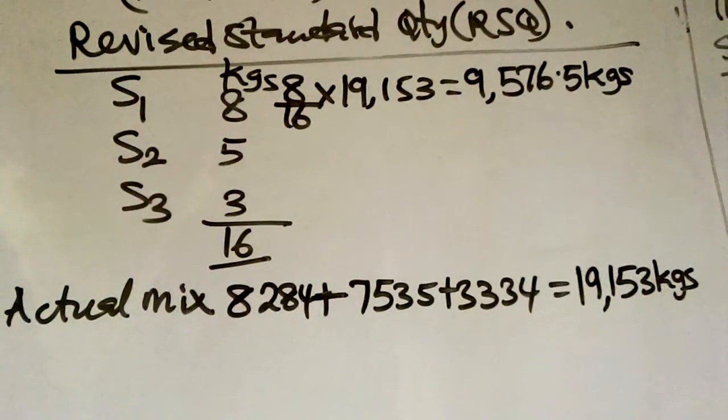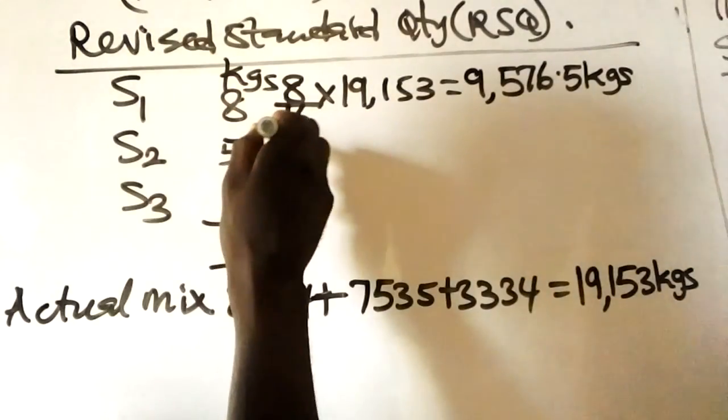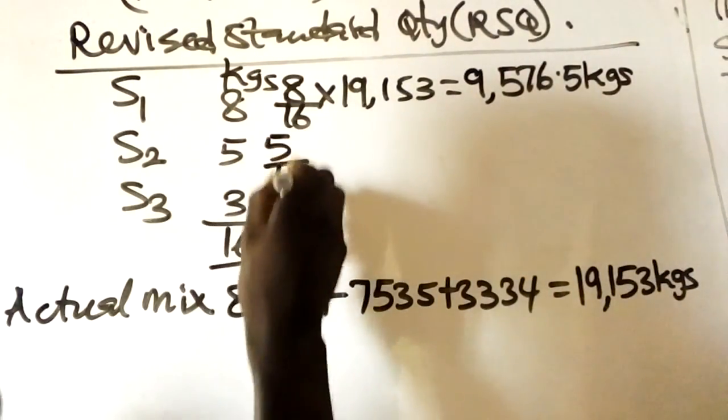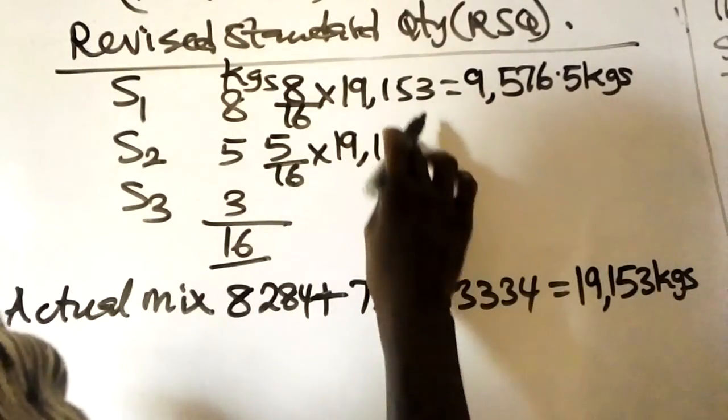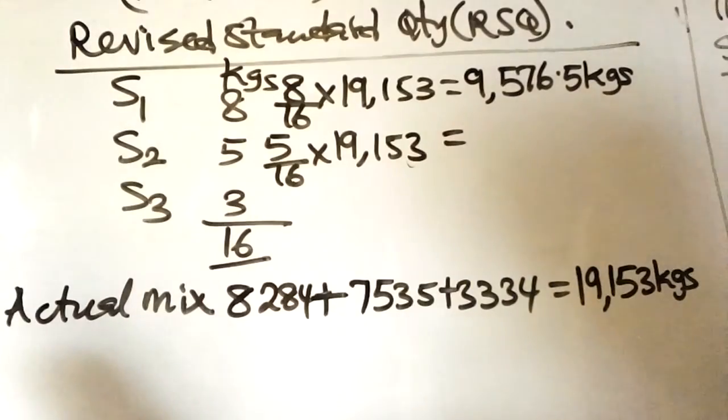That is for S1. Then S2 will be 5 over 16 times 19,153. That will give us